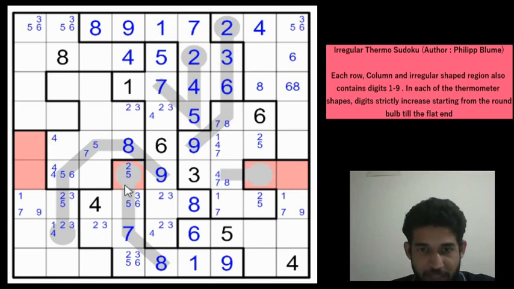So if these 5 cells are going outside, to maintain the balance in the last 3 rows, and we also know that each of the regions contain 1 to 9. So whichever cells are going outside need to be compensated by the same digits coming inside. So now if you see carefully, these are the cells which are coming inside, right? 5 green cells and red cells which are going outside. So whichever 5 digits come inside these red cells would have to be in the green cells as well. So this must give us some continuation, I think.